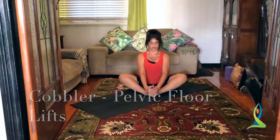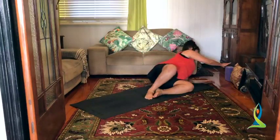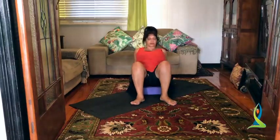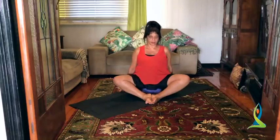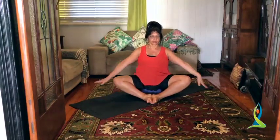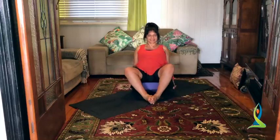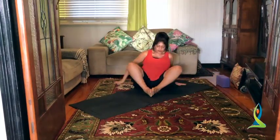If you're very stiff in the hips, you could also be sitting up on a blanket or block. Radhika just shows you there's a block, you can sit on it. Make sure you feel stable, but it just helps if you've got very stiff hips. Arika doesn't have stiff hips, so she'll come off the block. Taking the cobbler posture,